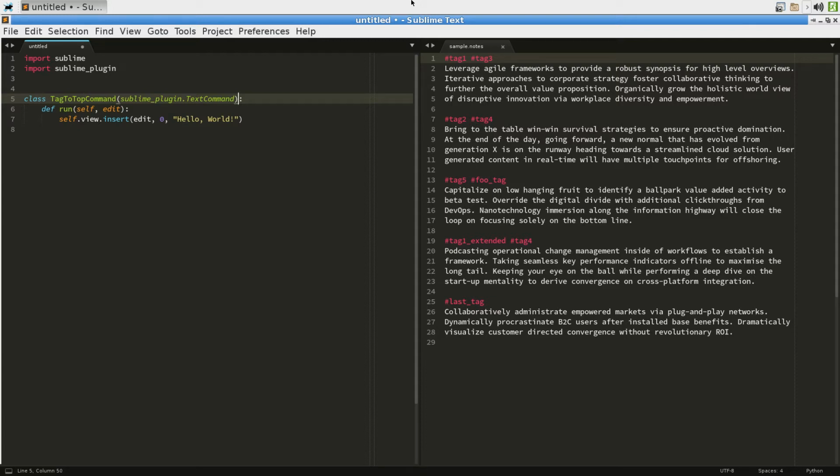We need that command to be a text command because we want to modify the buffer, and only text commands can modify the buffer because only text commands get this edit parameter that's a special edit object that we need to pass to various API functions to modify the buffer. Now,